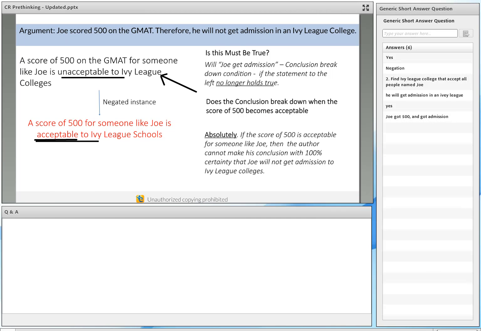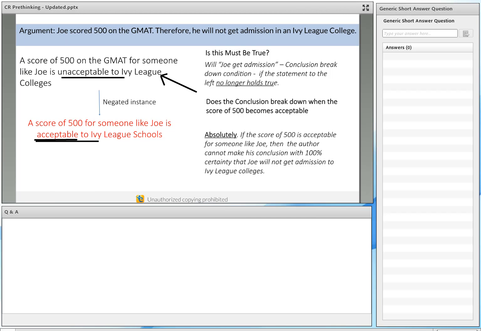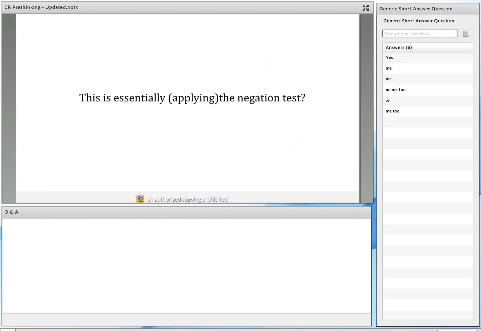Now some of you may be thinking, why do we say that if a statement is not true, then its negated instance automatically becomes true? How many of you are thinking that? Why do we say this? That if a statement is not true, its negated version automatically becomes true. Let's take a few examples. There's just one person who's thinking that, or are there more? Okay. So let's take a few examples over here.